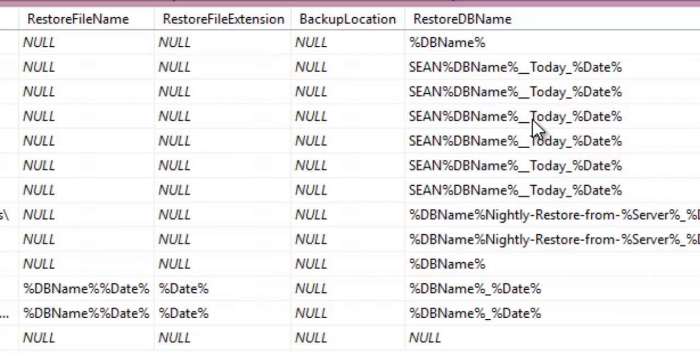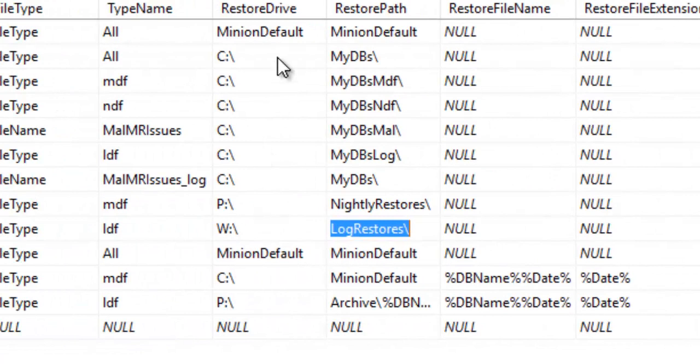It uses the exact same mechanism that the file name does for backup. So the restore paths, the file names, the extensions, and the restored database name all use the dynamic naming. The only thing that doesn't is the backup location and the restore drive, and I can't really think of a reason to have a dynamic restore drive, right? So